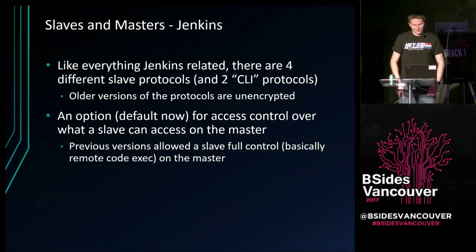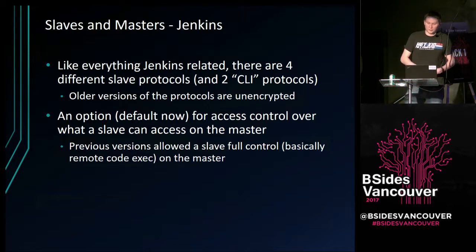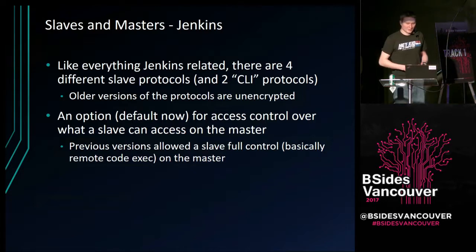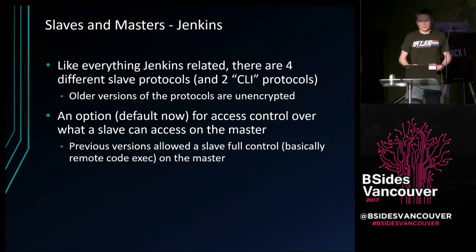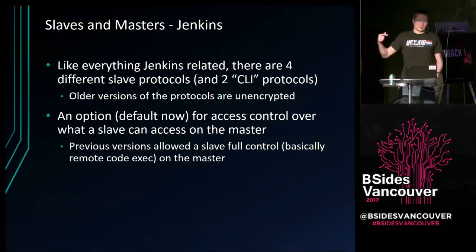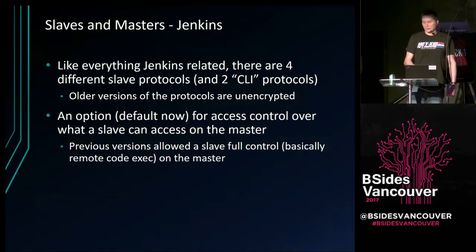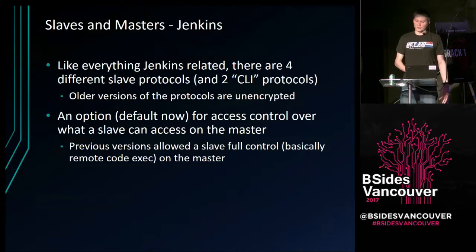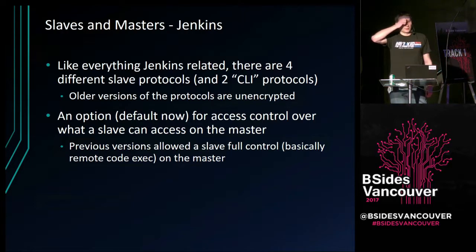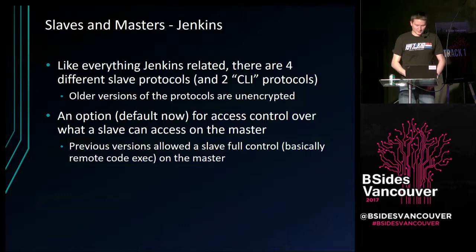So I don't have a lot of notes on these, but in Jenkins, there's a bunch of different protocols, 4 different protocols and 2 command line protocols to talk from the slave to the master. For old versions, there was no control over that, and so they just documented a slave can basically use Java remoting to call and tell the Jenkins master to execute whatever code you want. On new ones, they try and do function whitelisting, and I'm looking into this but haven't really finished looking into it. The theory, at least, is that slaves should really only be able to do limited things, upload job results and that type of thing.